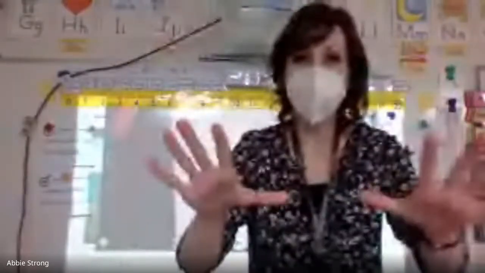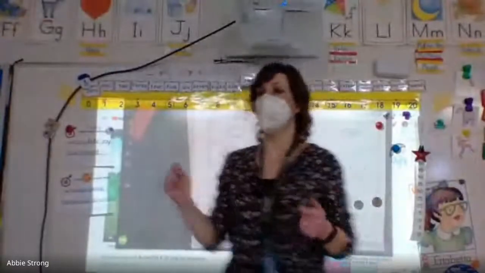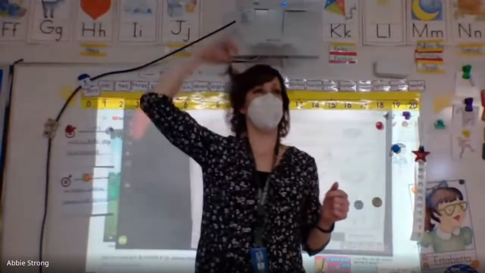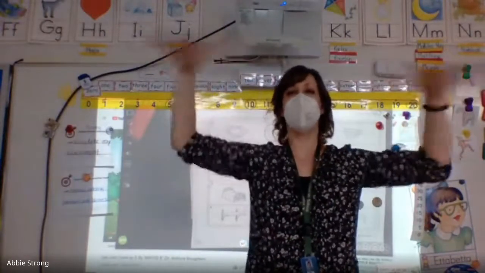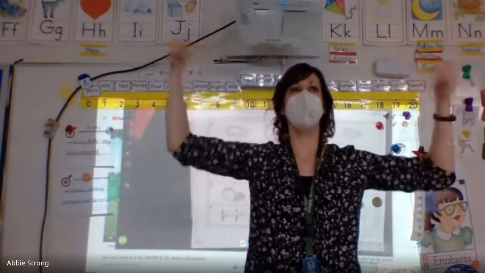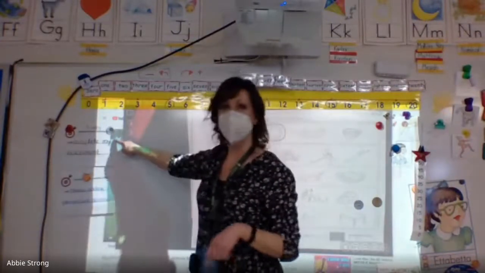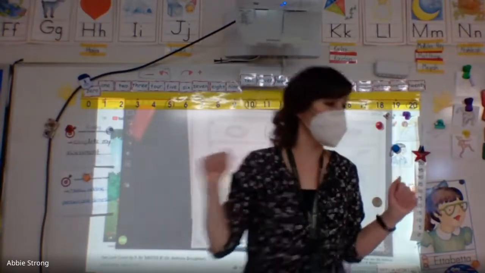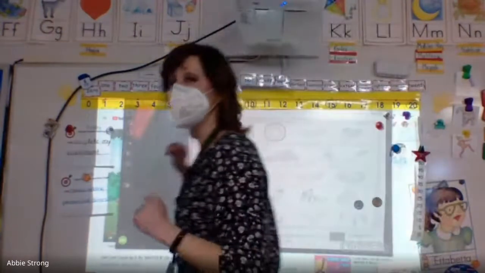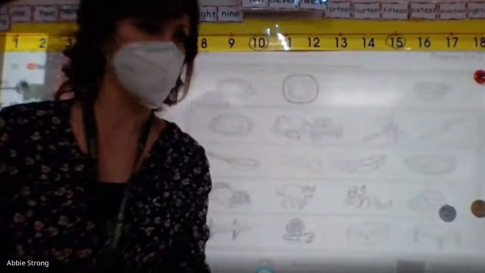All right. On your paper or on your whiteboard with your pencil or your dry erase marker, if you have that, we are going to be working on a reading test. 5K, can you say this with me? Ready? Here we go. We've got a test. No big deal. We can do this. Here's what we're going to do. Your student-friendly learning target says, I will complete my assessment. We got this, right? Right. On your paper, I want you to start by writing your name. Okay? I'm going to pull this up for my friends here to see.